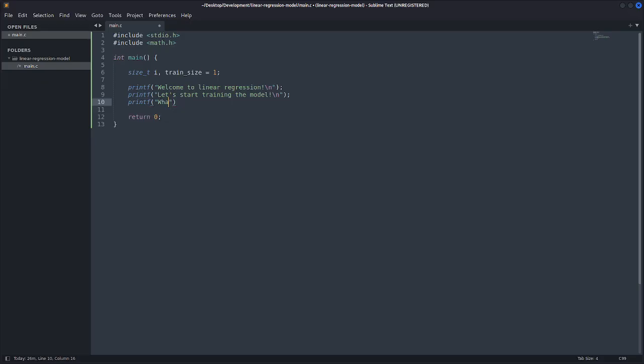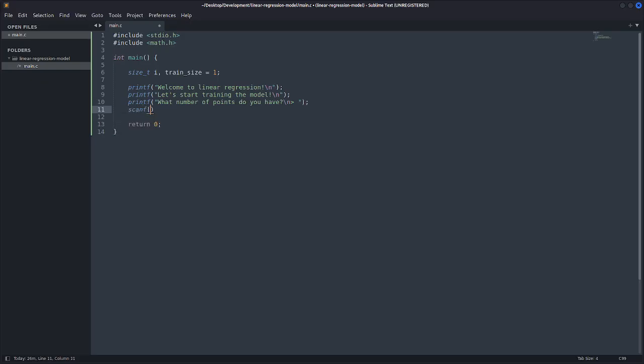So I can say "What number of points do you have?" with a question mark, then \n for next line. I'm going to end with my semicolon,